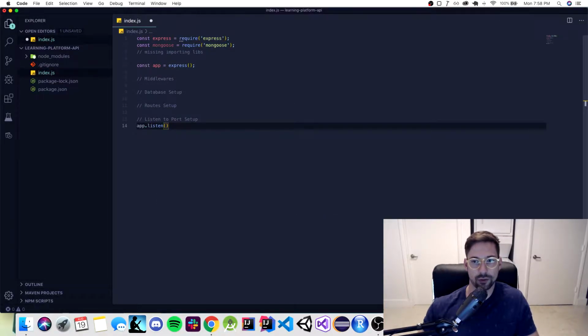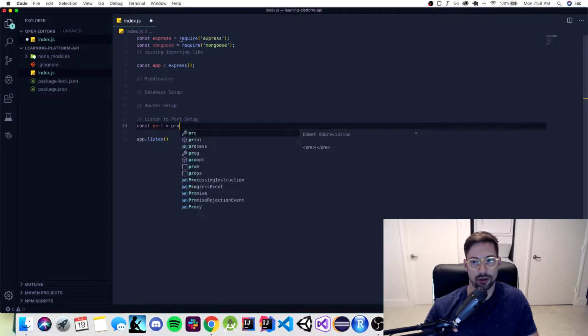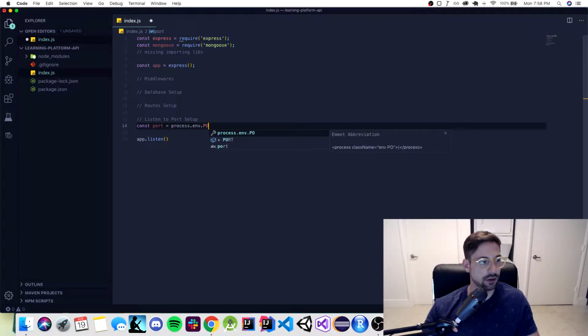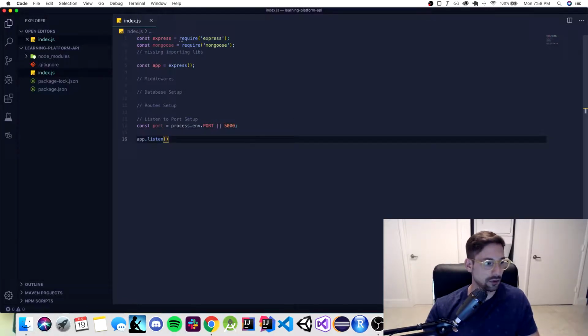Actually, first we want to create a constant for this, because the port is never going to change. I'm going to make it port equals process.env.port, or let's say 500. I always like 500 for some reason. It means that if we have the .env library functioning, which we'll use in the next video, then we use that environment. Otherwise, use 500. So for now, we're going to do app.listen to port, which is our constant that we just created,